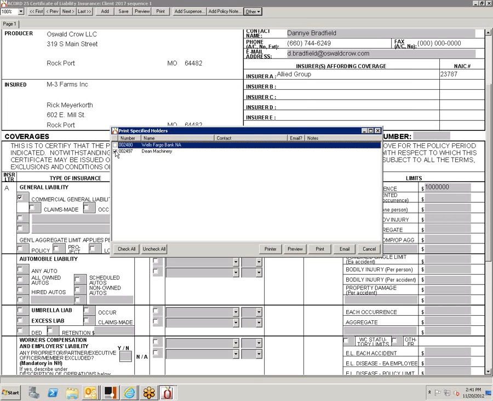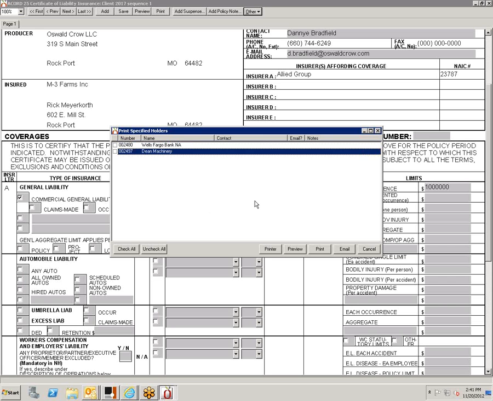You would have to check the buttons. But if you had 50 and half of them had an email, you could right-click and check all with email, and it would send out all of them that had an email at one time. But since yours doesn't, you would just check all, and you'd click on print.